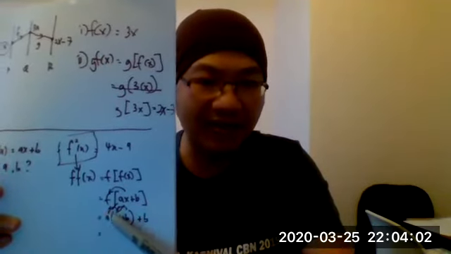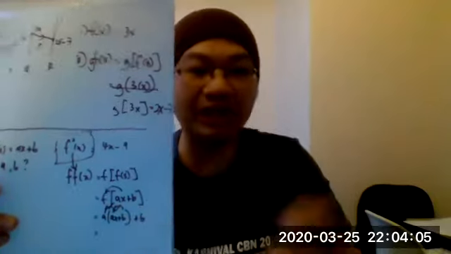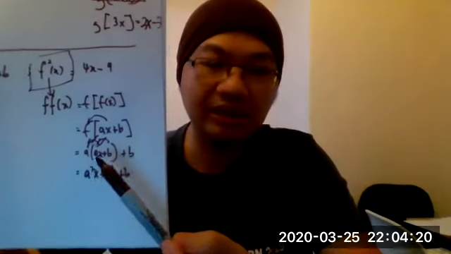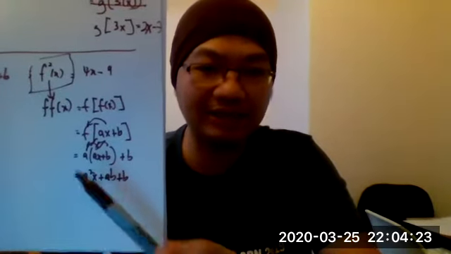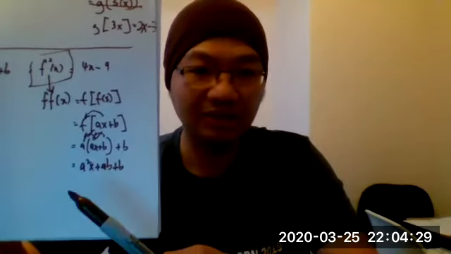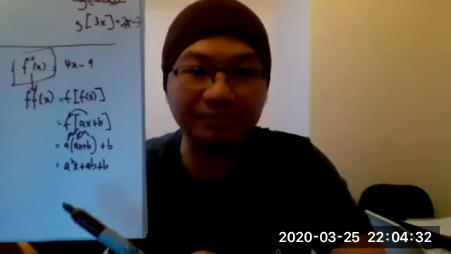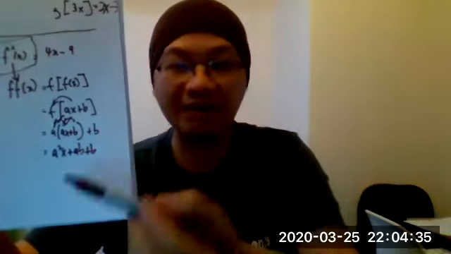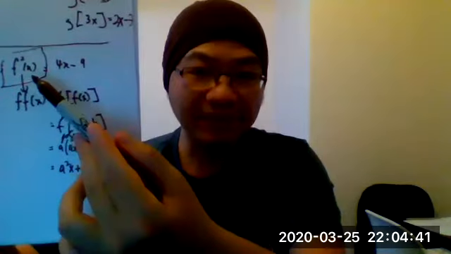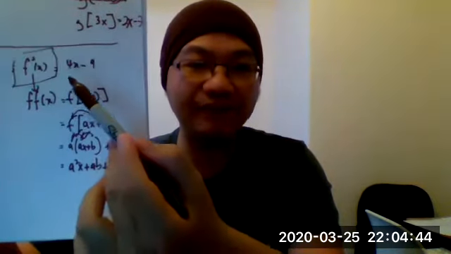Then your next step, you need to expand the bracket. Okay, how much do you get after you expand? You're supposed to get like this. Okay, you are supposed to get this one after you expand. A times ax becomes a squared x. A times b becomes plus ab, and then outside the bracket you got plus b. So until this step, any question? No. No. Okay, now this is your composite function f, right? And then from the information, the f is given equals to what?